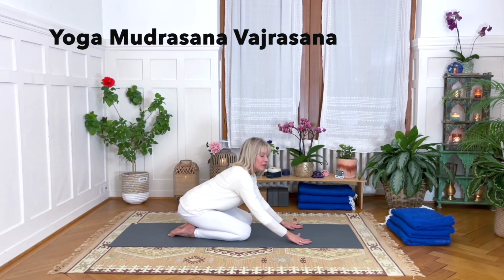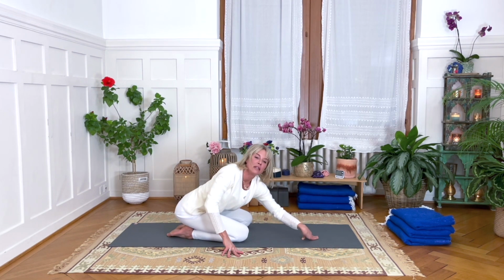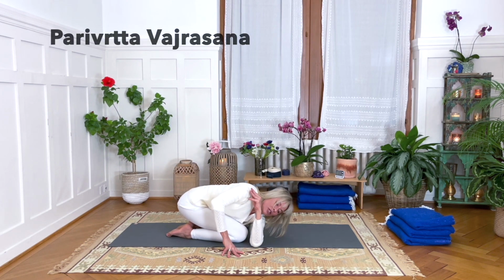Widen the knees apart a little bit. Yoga Mudrasana, Vajrasana. Spread the fingers widely apart. Feel the palms broaden and straighten the elbows completely. And then looking up, turning to the right, trying to get that left shoulder close to the floor, moving the